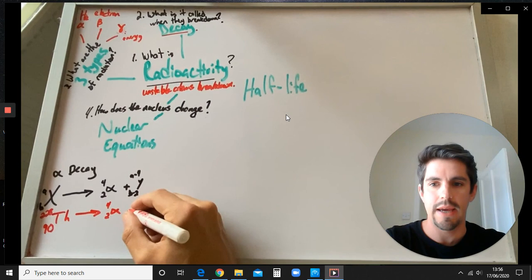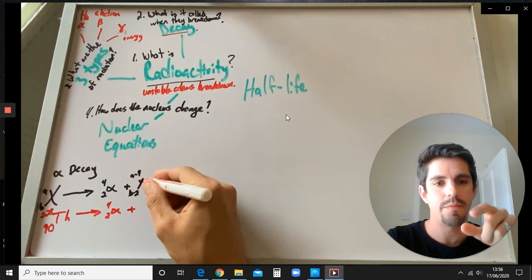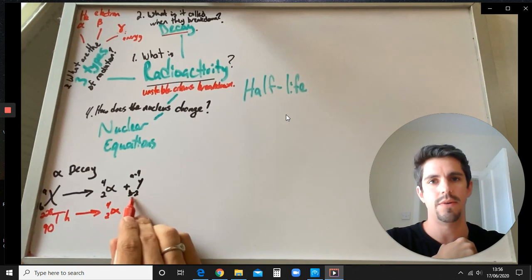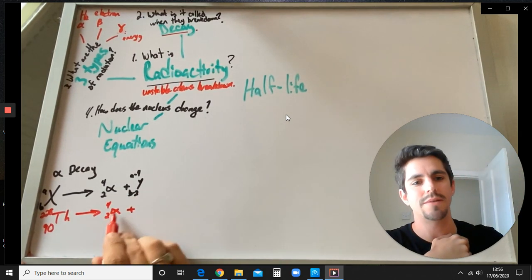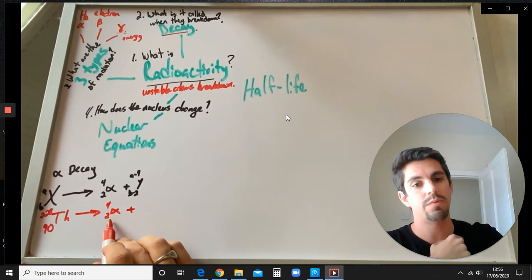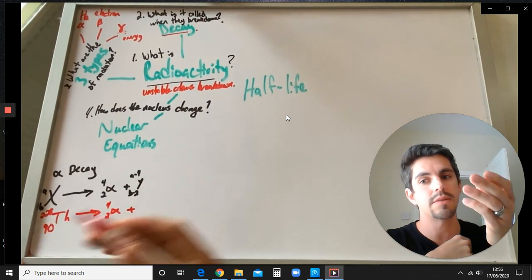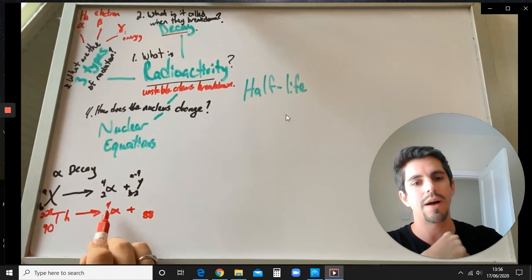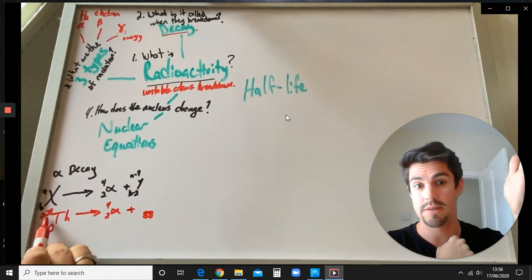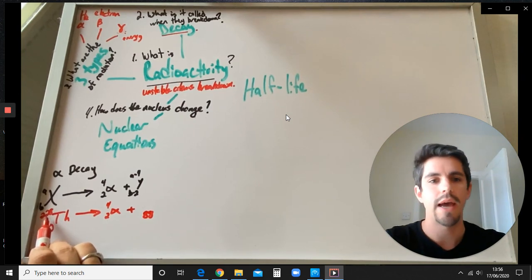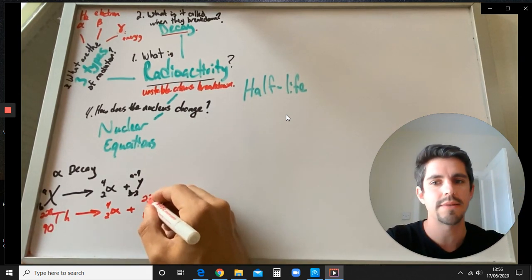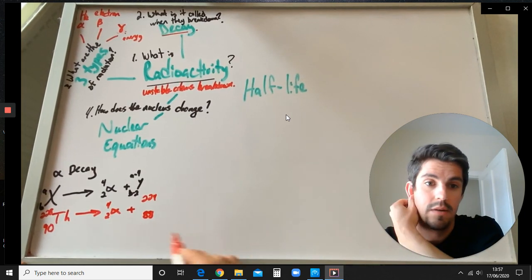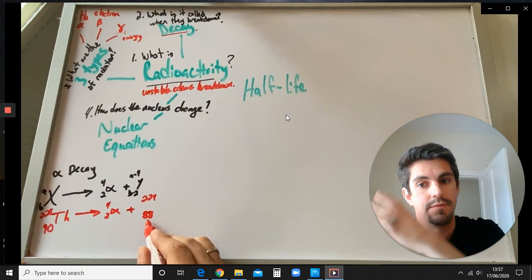So after it decayed, it's lost that alpha particle. That's the alpha particle written separately on the equation line, and whatever it turns into. So what it turns into has to balance, including the alpha particle, with what it was before. So what's 90 take away 2? 88. So 88 and 2 will add up to the same number of protons that it started with. Okay? And you do the same thing with the mass. It has to end up with something that balances when you include the 4 with 228. So the mass number is 224.